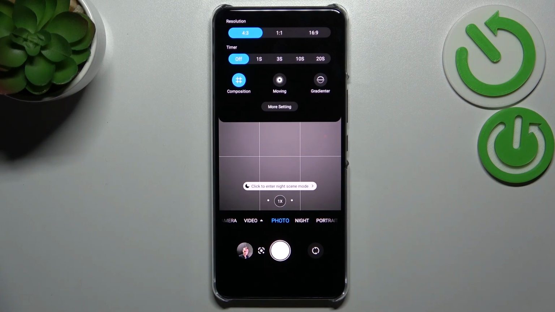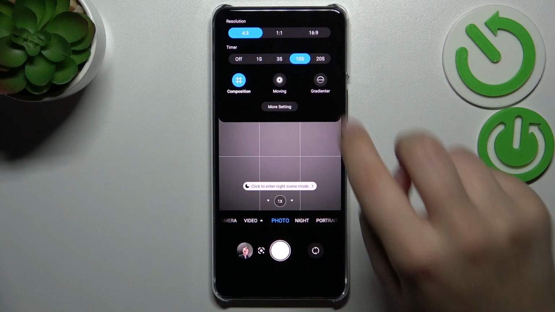We've got the countdown, which is 1, 3, 10 and 20 seconds, and the option off, which is of course currently applied. As you can see, it is highlighted in this bluish color. And basically all you have to do in order to set the timer is to simply tap on the option you'd like to use. So I will pick 10 seconds, for example, just tap on it and it will be